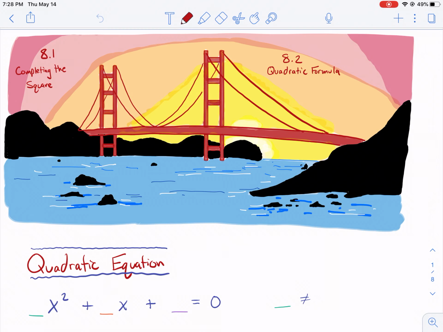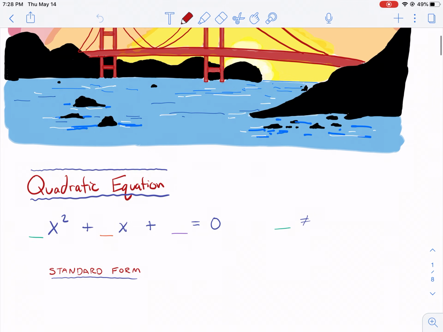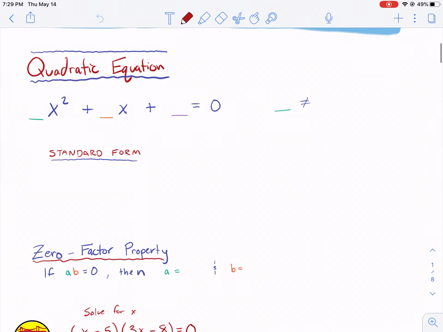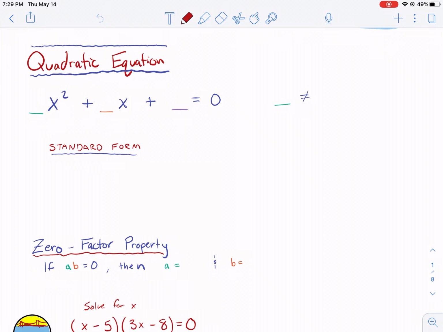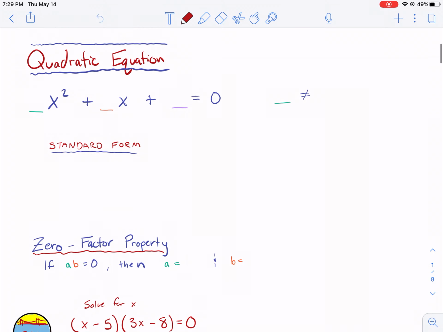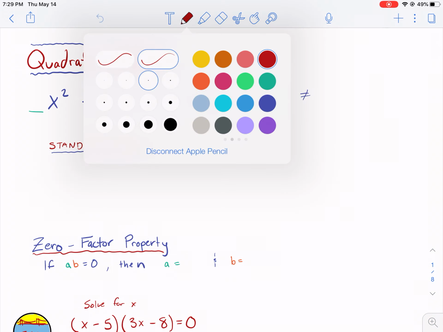Today we're going to be discussing section 8.1, which is completing the square, and also the square root property. So let's go ahead and get started. For any Algebra 2 student, you've probably already seen this before. For those that have taken a freshman college course or senior level math course, this is mostly going to be a review, but I'll try to explain it so even if you haven't seen this before, it will